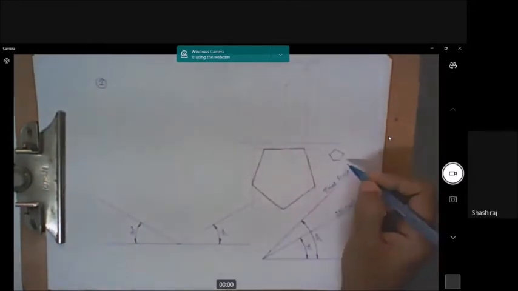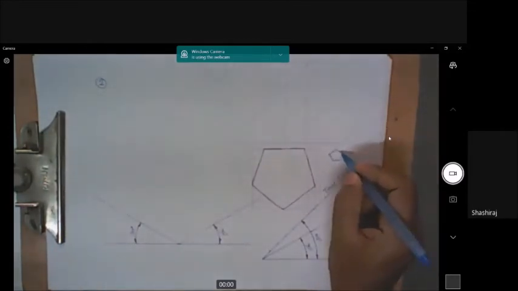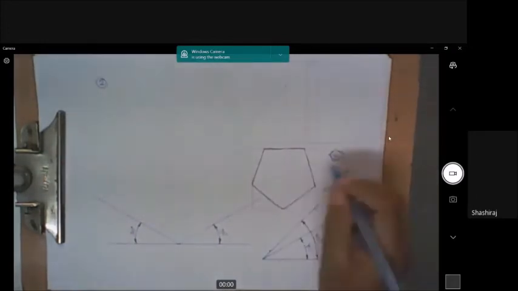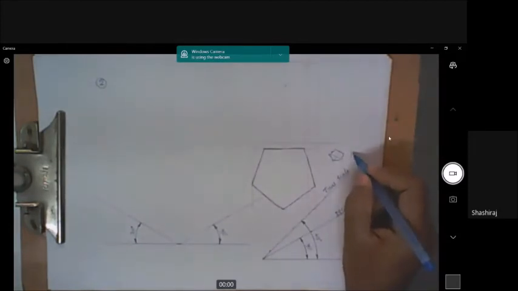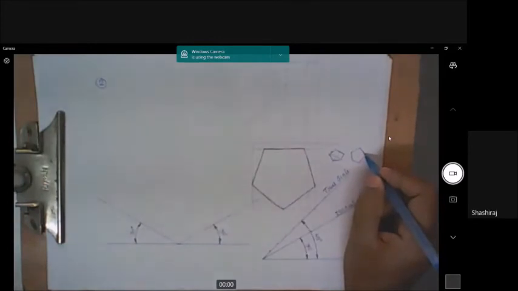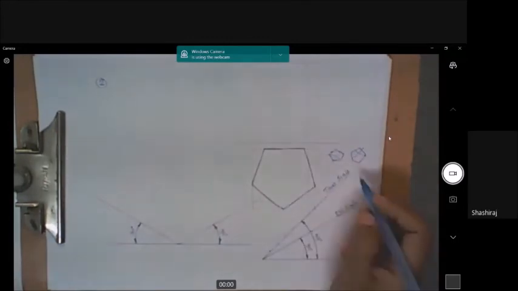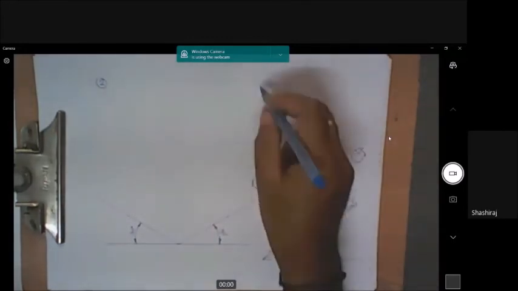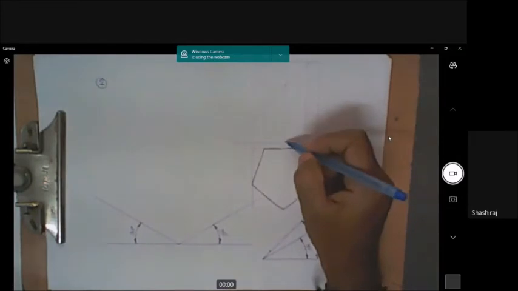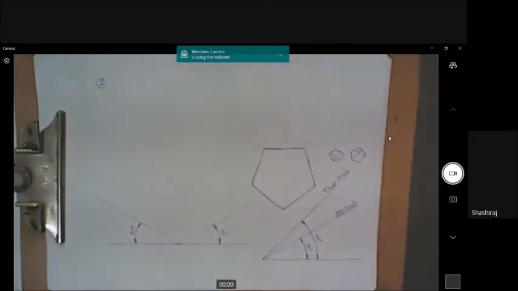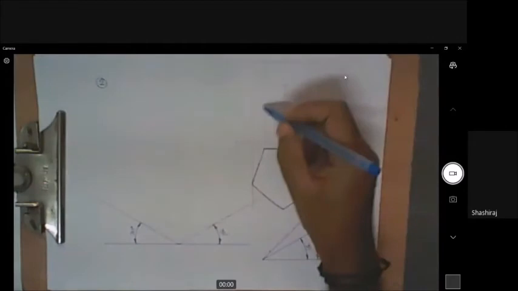If you draw it like this, it is not correct, because two faces which are equally inclined to VP are near VP. This is not the correct position. And if you construct in any other orientation, two faces will not be equal. See, if you construct it like this, the way you start for lamina problems, this is also not proper because none of the subsequent rectangular faces are equally inclined to VP. So this is also not possible. So only this position is possible, for which you have to construct the front view, and this length is 70 mm total length, and your section plane is perpendicular to VP.